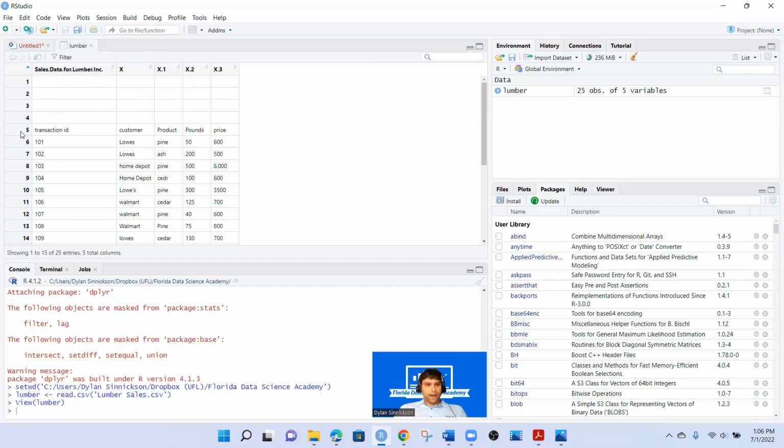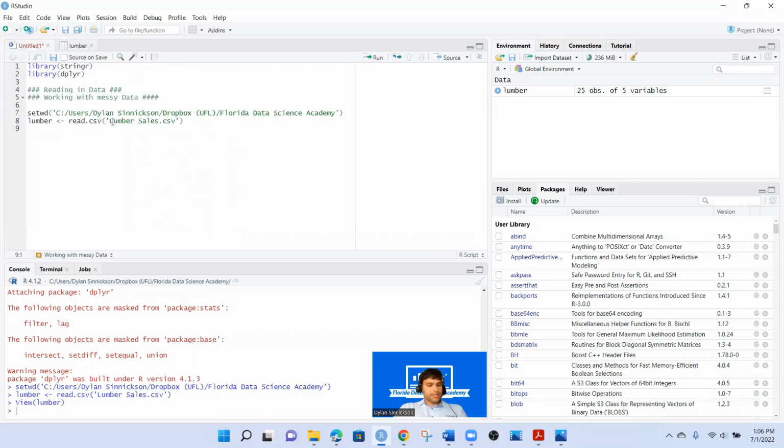So we want row 5, which looks like column names, to be the actual column names. So we're going to have to skip the first 5 rows in order to get the column names into their appropriate location. So how do we skip lines when we're reading in data? Well, first off, we start off